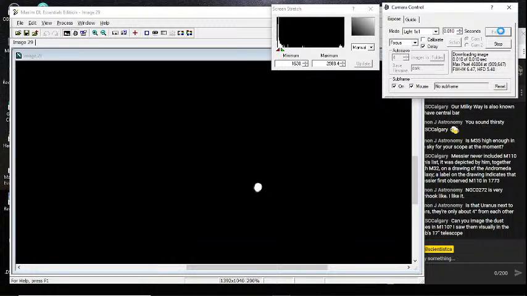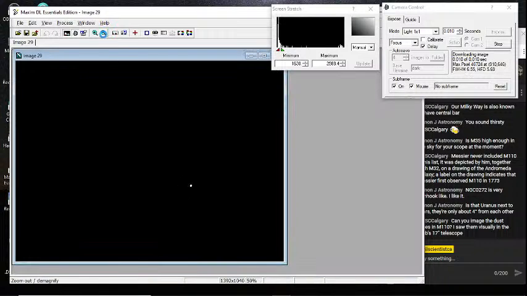Okay, so Mars is going to disappear here in a moment because I'm going to slew the telescope to M33. I'm just going to make this small enough so I can see everything. We'll take the screen stretch and turn that back to low.